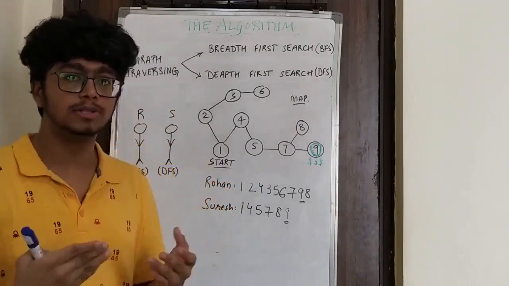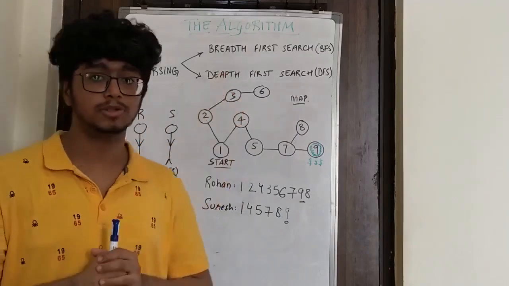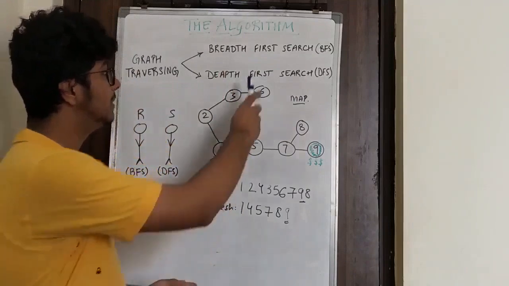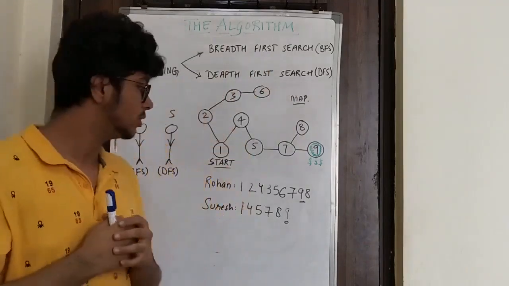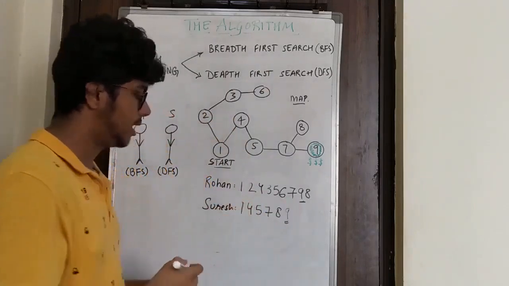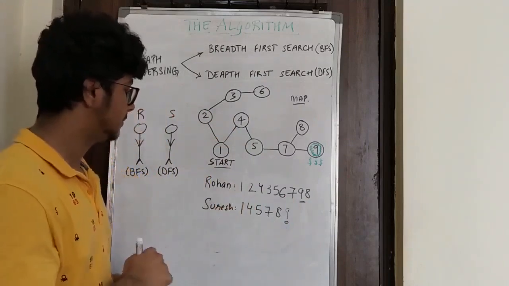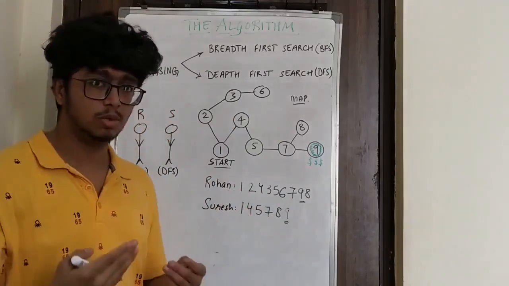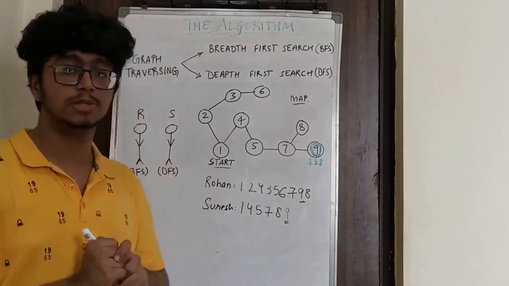Let me tell you, both these algorithms use different data structures, but I have a question for you. Think for 2 minutes, pause the video and ponder what data structure can be used for both these approaches. Okay, so now the solution: for BFS, what we are doing is rippling through the complete nodes, right? So this is a queue. You may have got a big hint from this. This is first in, first out, like a queue. So this thing is your queue, right? BFS uses a queue, whereas you may have guessed DFS, or depth first search, will use a stack.